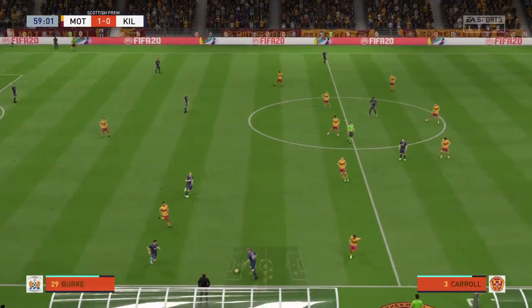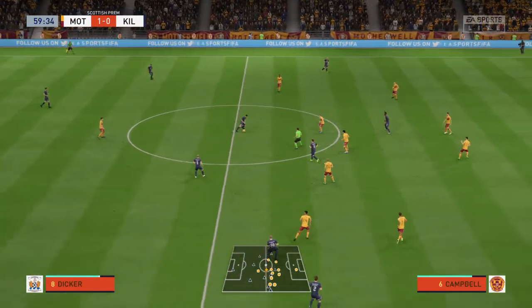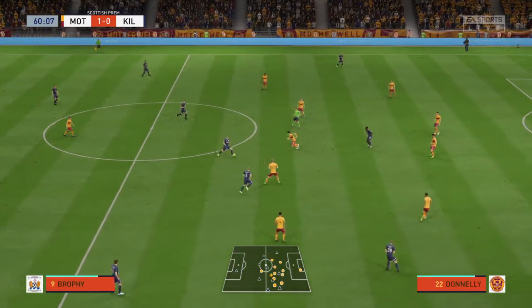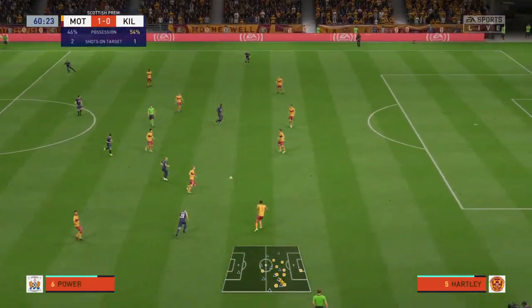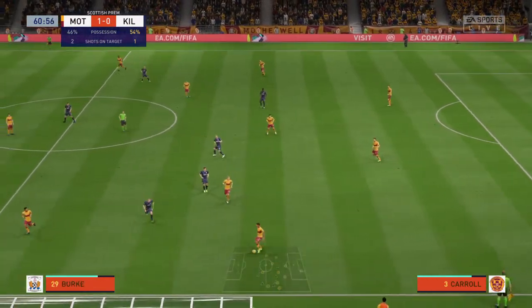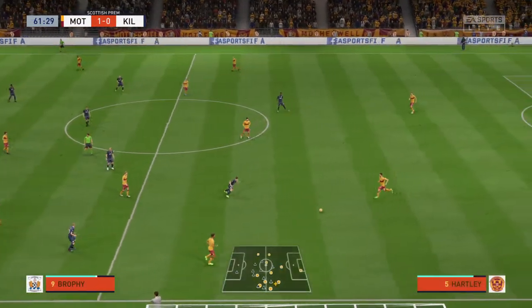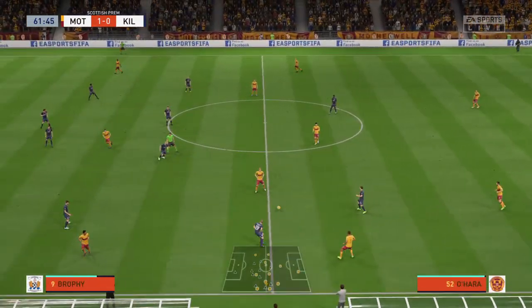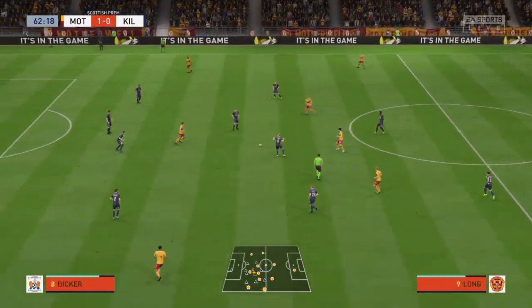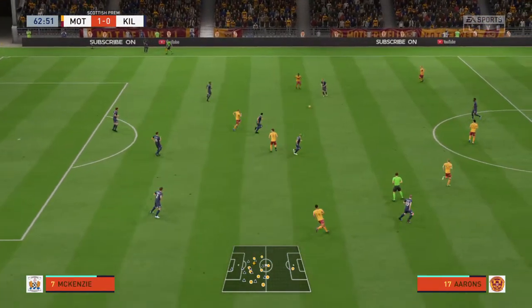McDonnell. Sorry, Power. Dicker. Brophy to Power. Looking for options. There's not a great deal of movement off the ball from Kilmarnock, and in the end the ball goes loose. So Carroll now back to Hartley, but Hartley to Carroll to O'Hara. Donnelly to Long. It's a decent ball in, but